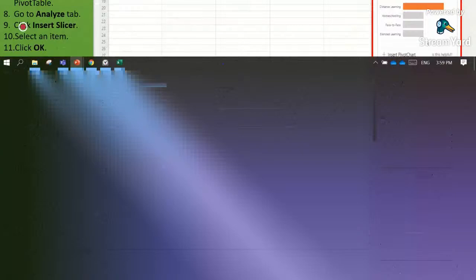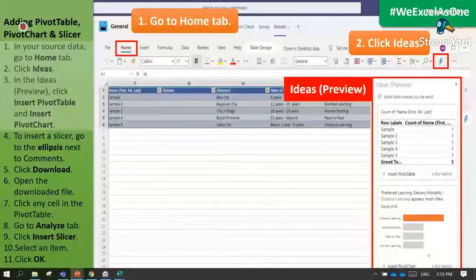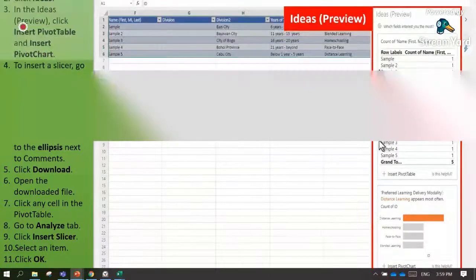So you can use the pivot table. By inserting the pivot table, you can have an example of how you can analyze your source data. Another is you can also insert a pivot chart.